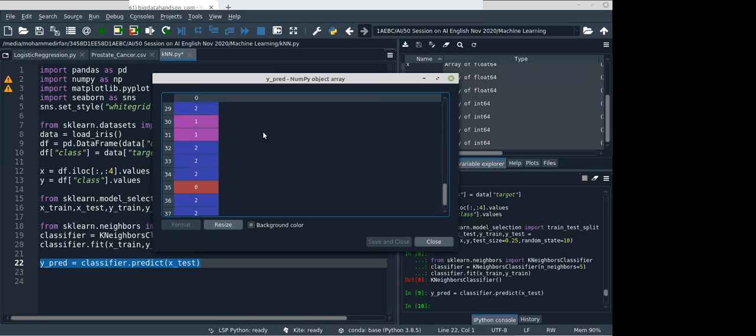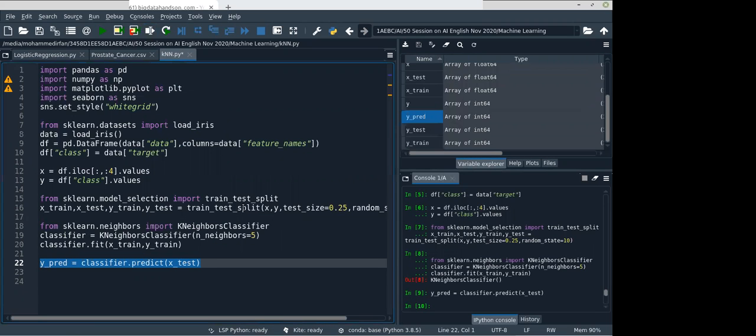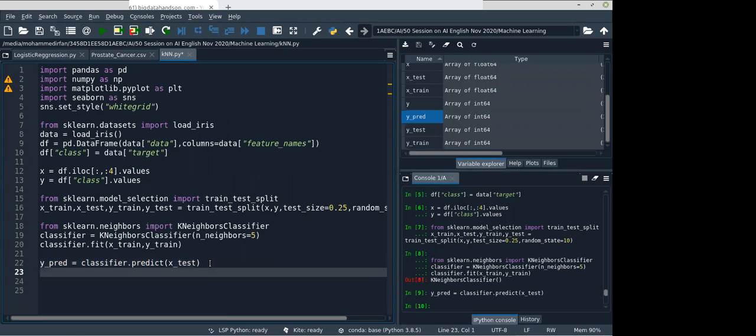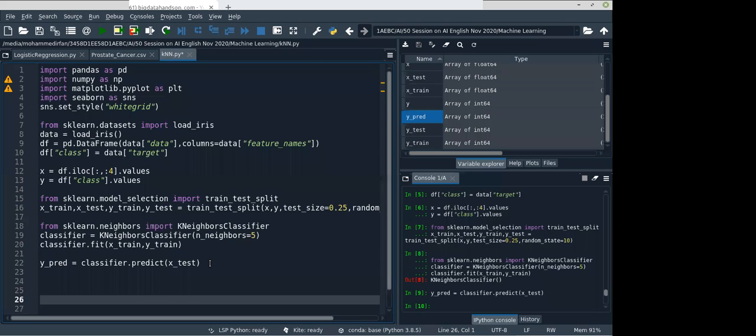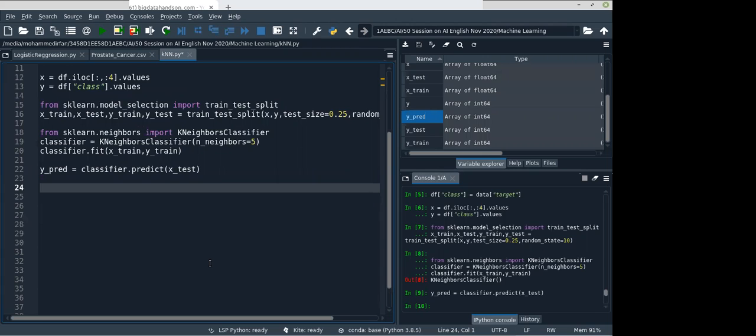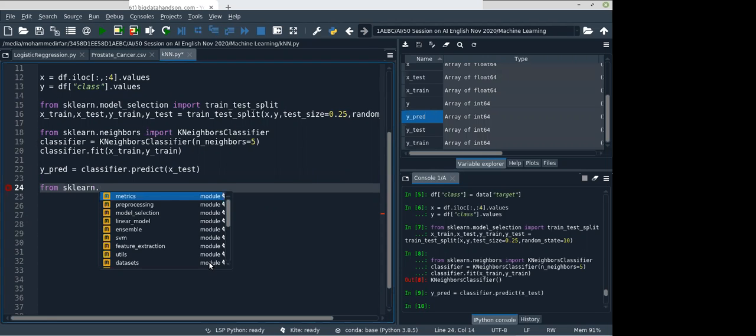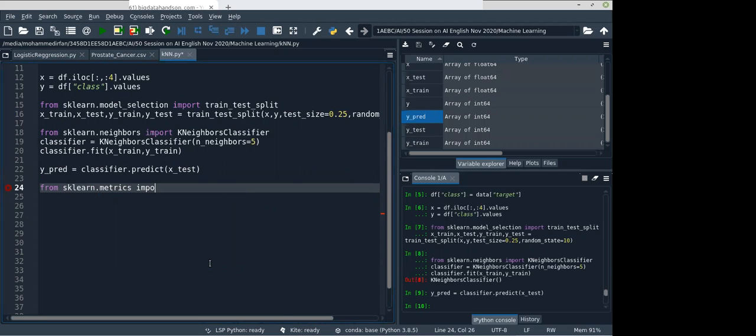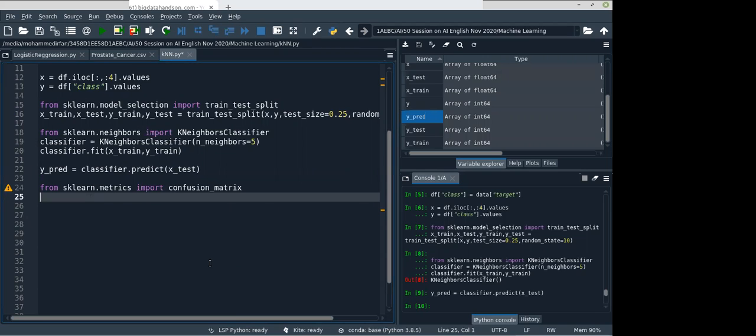Here's the prediction. Now we want to count how many predictions are correct or incorrect. So we can do that using the confusion matrix, right? So let's import the confusion matrix that's inside the sklearn module, in the metrics module.